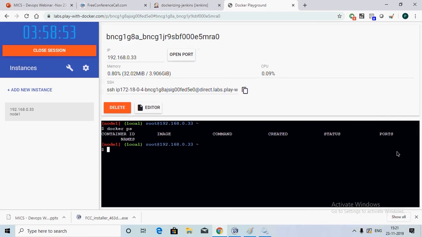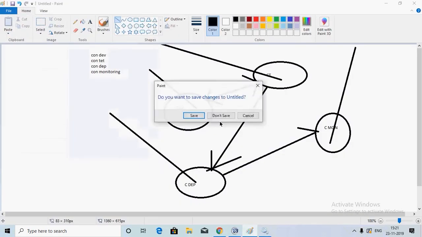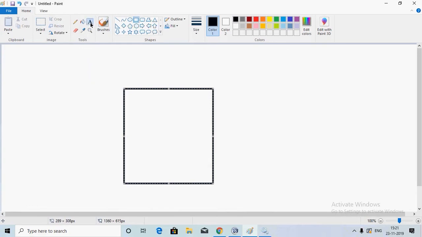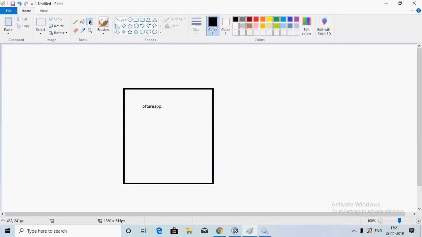What your Docker contains is basically containerization. What is containerization? I'm going to explain it now. Whatever you see on my screen is an operating system. Inside your operating system, you have your software application.